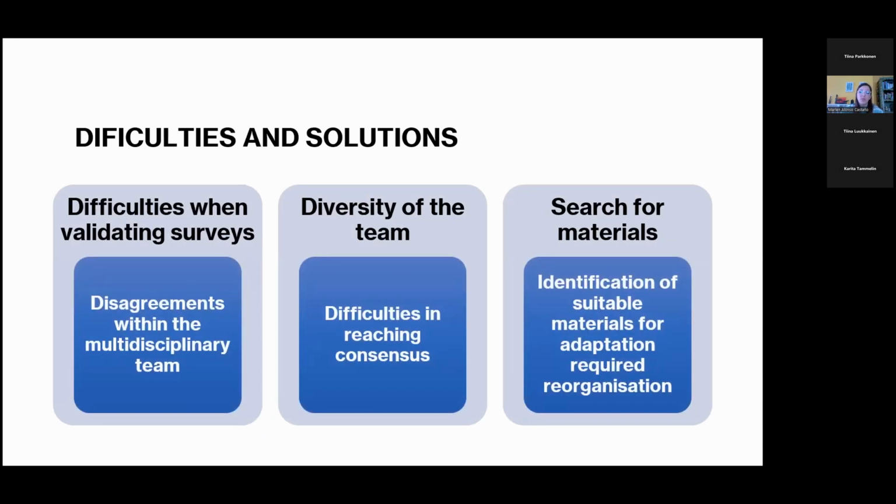We are in the second round of validation of the service, as the diversity of approaches has generated some discrepancies. But despite this, we believe that these differences enrich the process and will allow us to obtain a more reliable service. And in this sense, the diversity of the multidisciplinary group, although it has many advantages, has also generated challenges in